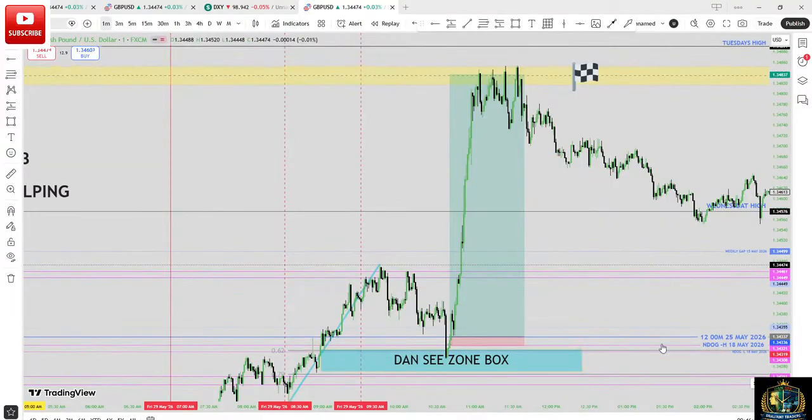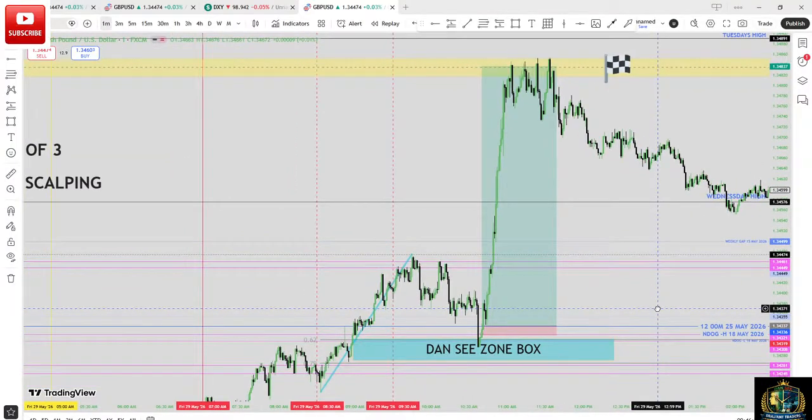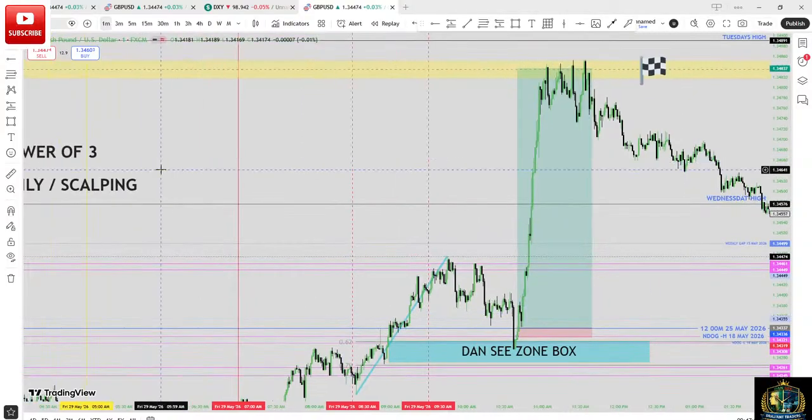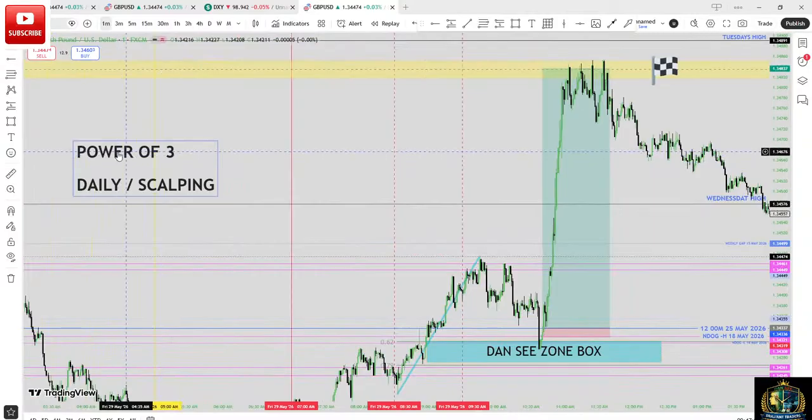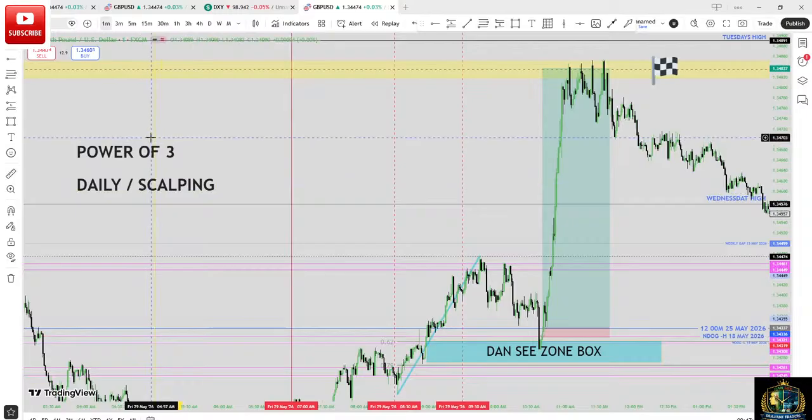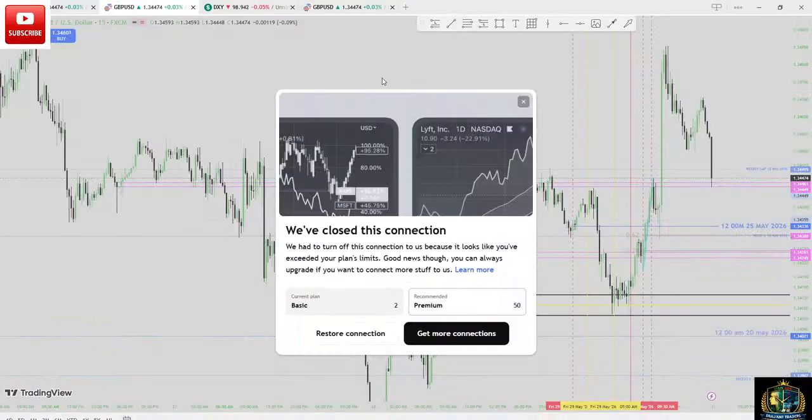Alright, I want to call everything that is on this TradingView. Before I start, I want you to know that this is part of 3. Daily, I'm going to teach daily time frame, on which I'm going to use 15 minutes time frame, and I'm going to teach scalping, which I'm going to use 1 minute time frame. Before I go to daily time frame, I'm going to start from 15 minutes first.